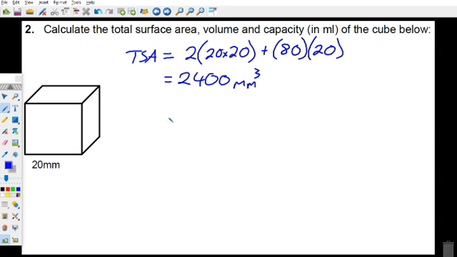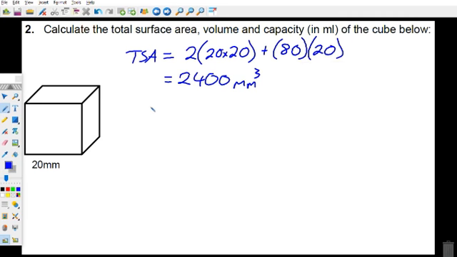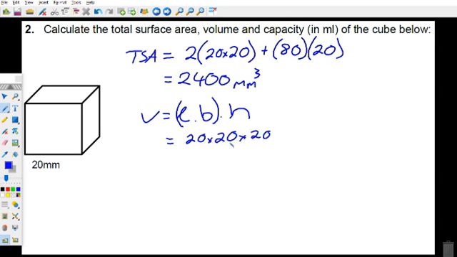Okay. Millimeters cubed. Yes. Okay, so my volume is equal to length times breadth times height. Why is it length times breadth times height? Because we said it's my base area, length times breadth, multiplied by my height. So it's going to be 20 times 20 times 20, which is going to be what? What's my volume? 8,000